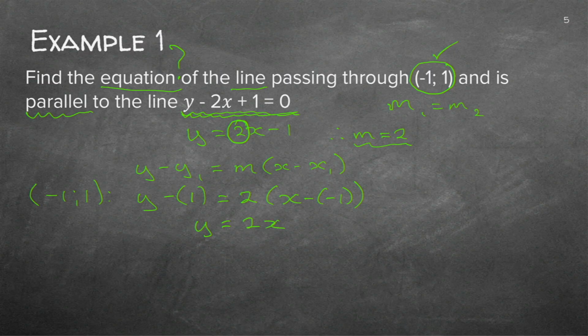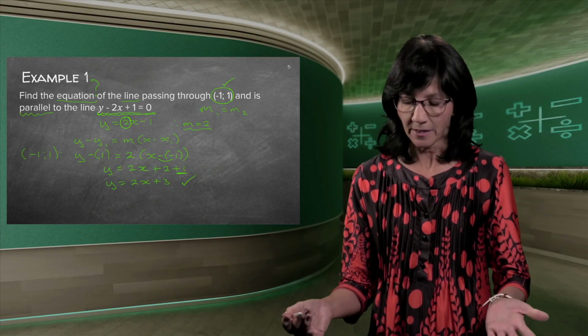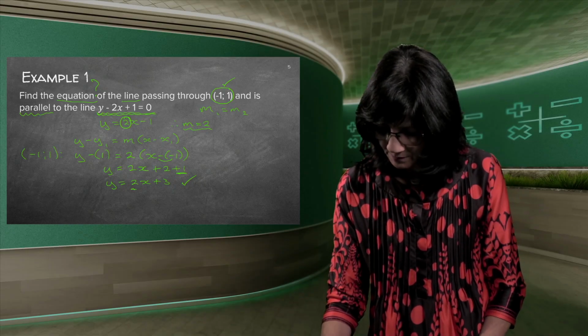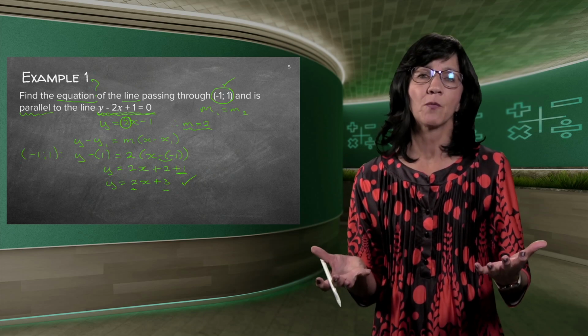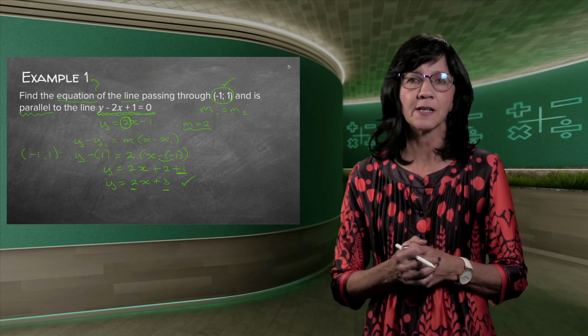This gives me 2x plus 2 plus 1, and if I add the like terms, I get 2x plus 3. Just remember that gives me a plus, and that's why it's plus 2. And if I take that one over, it becomes plus 1. So there's my formula. There's my equation. I do not even have to write down anything else. This is my formula because they said find the equation of a line. There's the equation of a line. It's again in the format mx plus c. So if they would ask you now what the y-intercept is, you can just say it is 3.